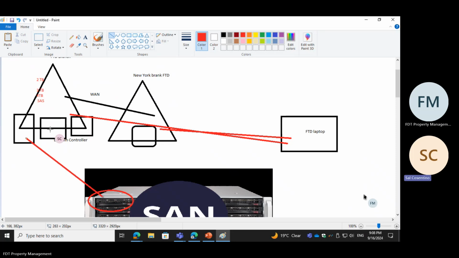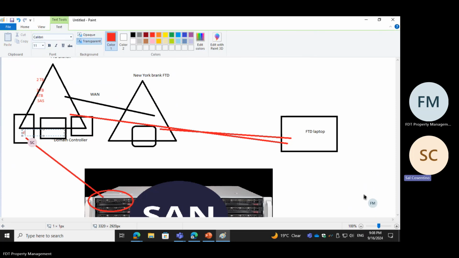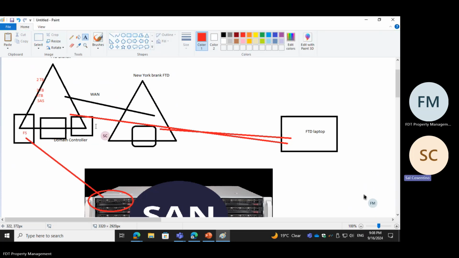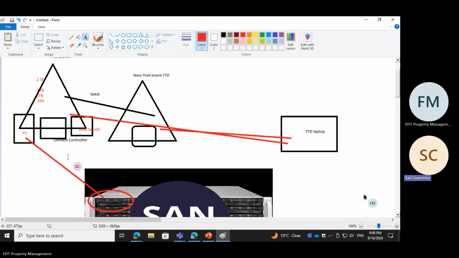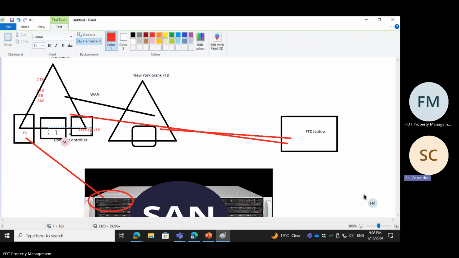So that's going to be your domain controller. Sorry, your file share. So we'll call this FS, file share, and we'll call this web server, or IIS web server. And again, stop me at any point if you have any questions or if you need me to explain something, right? So these right here, Frank,